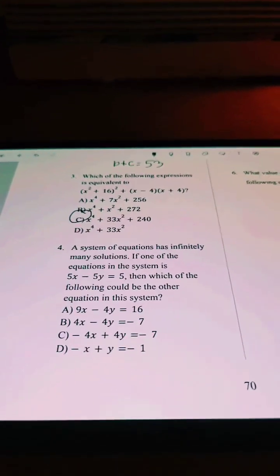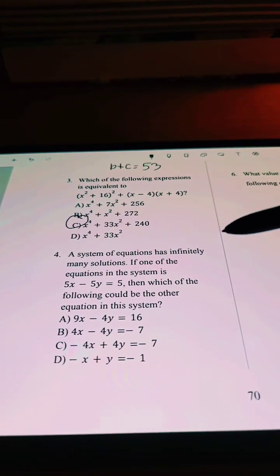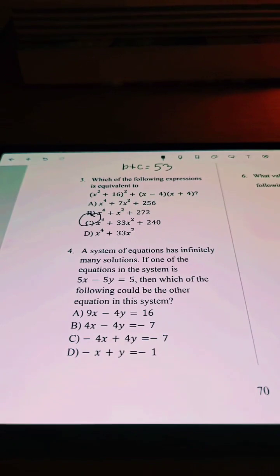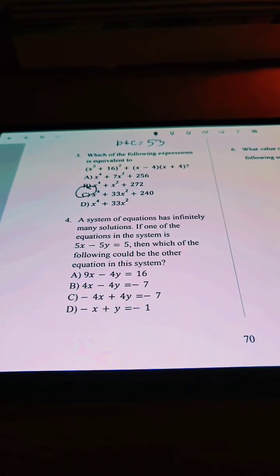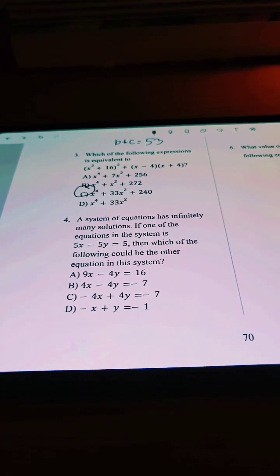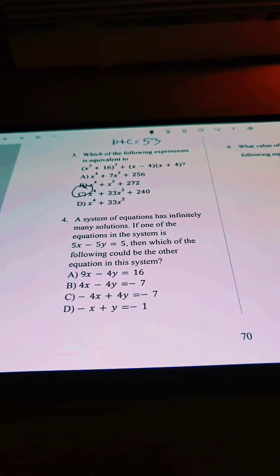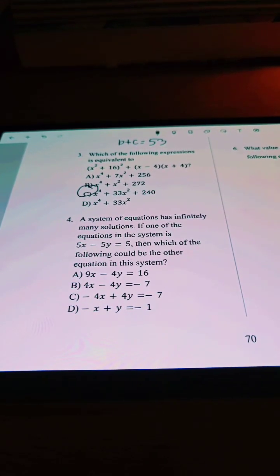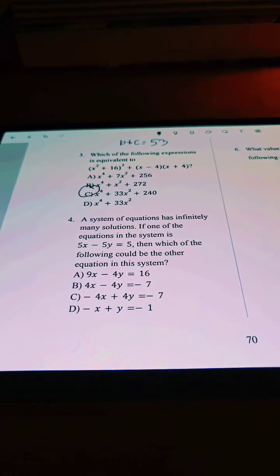Okay, so number 4, we have a system of equations that has infinitely many solutions. If one of the equations in the system is this, which of the following could be the other equation in the system? So remember, when you're talking systems of equations and they say either infinitely many solutions or no solution, as your first step, try to make each equation in the system look as similar to each other as possible,